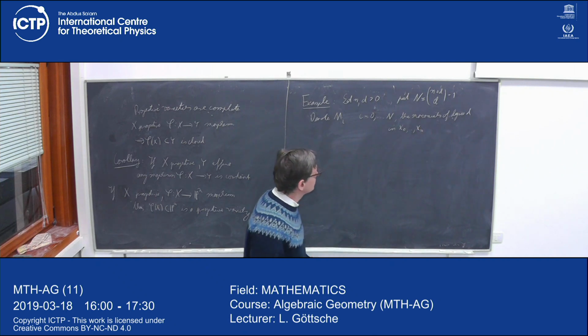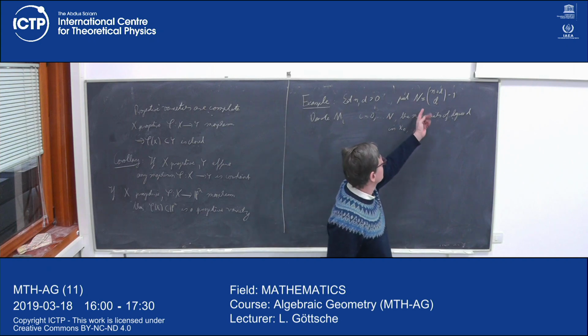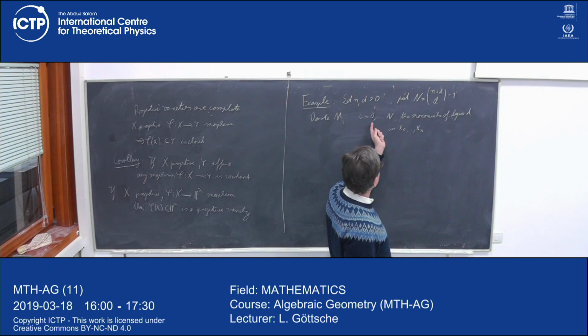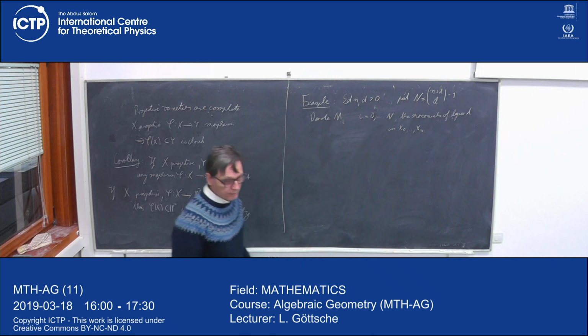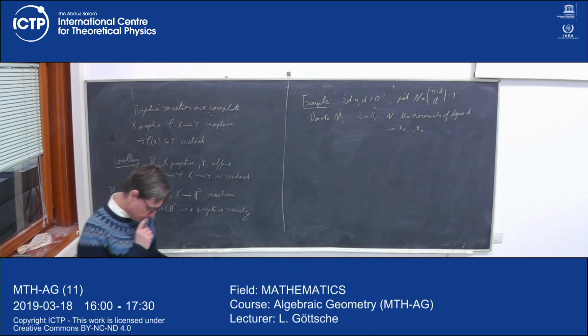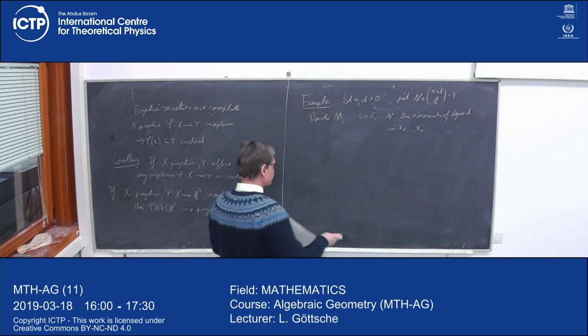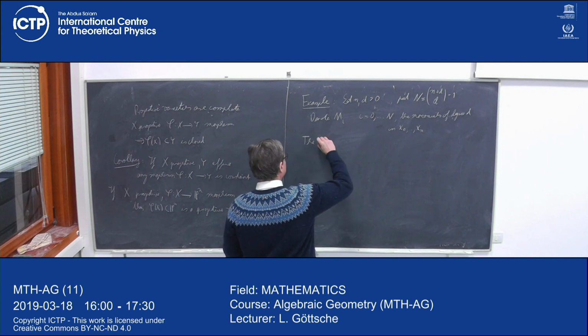So you can easily see that the number of these monomials will be N+1. And so we define the Veronese embedding